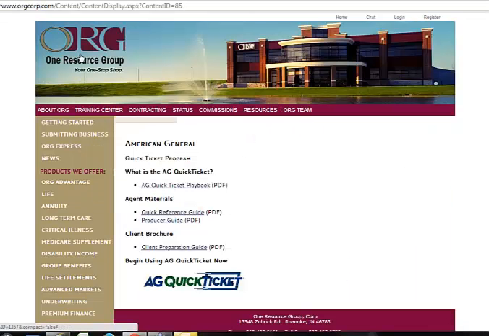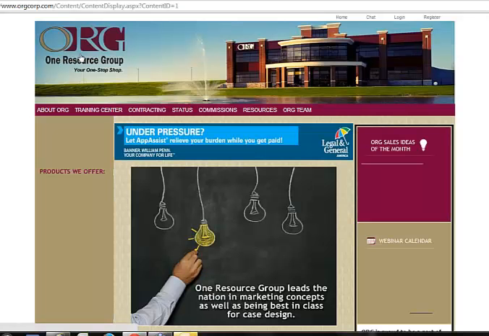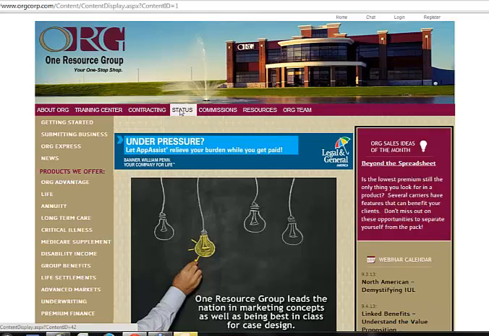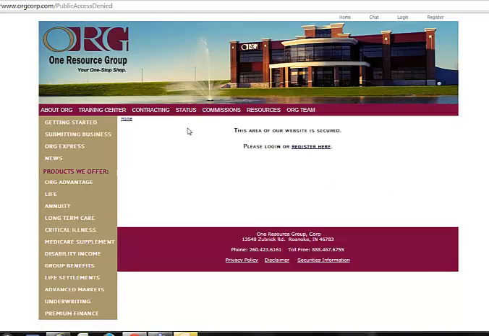Okay, let's go back to the home screen for One Resource Group here. One more thing I want to point out here is this status button. You go here once you're logged in, and I'm not logged in on the system, so it's not going to show everything, but when you click on the status button, it brings you to a set of screens that allow you to look at the status of all your submitted applications. What this means is that if you submit an application to One Resource Group,